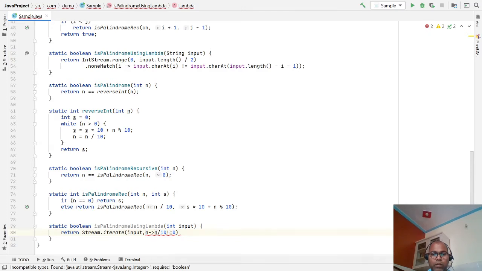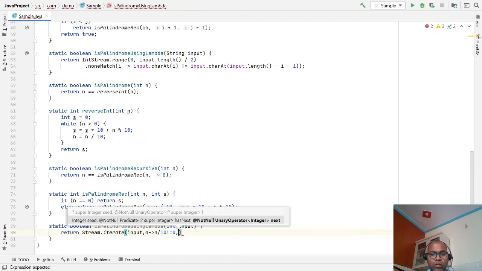The unary operator. This is your binary operator. Then sum.